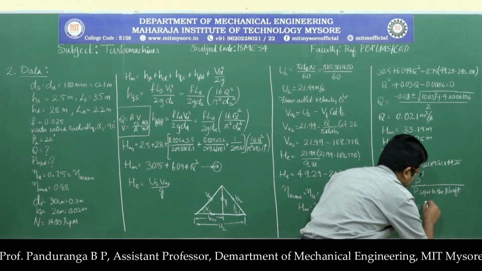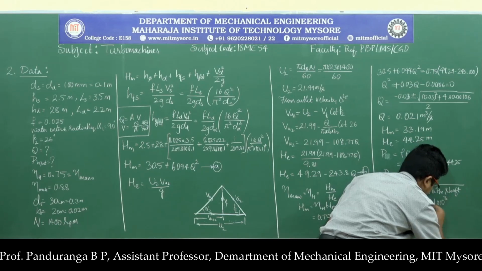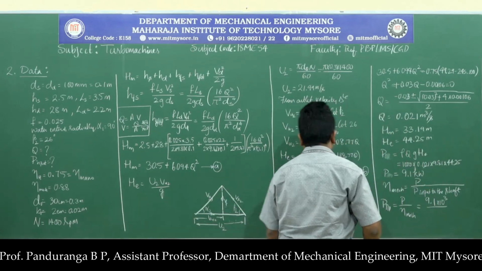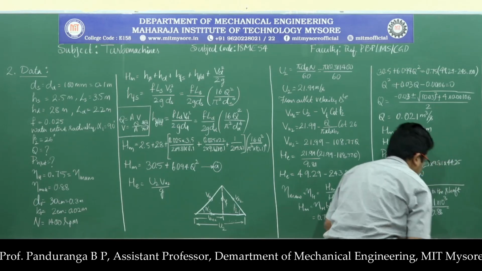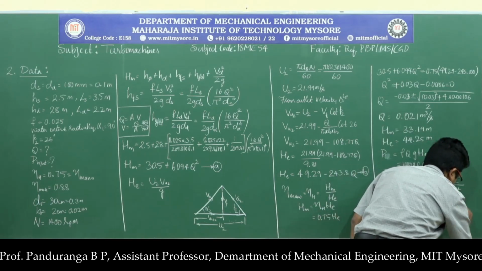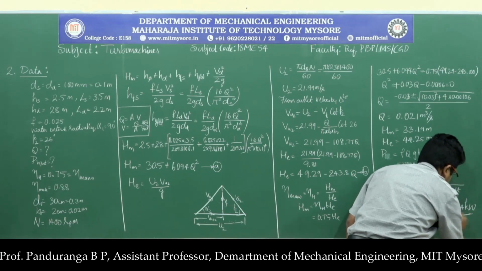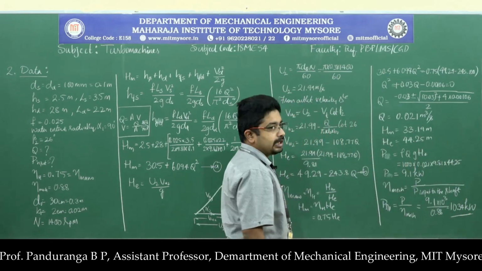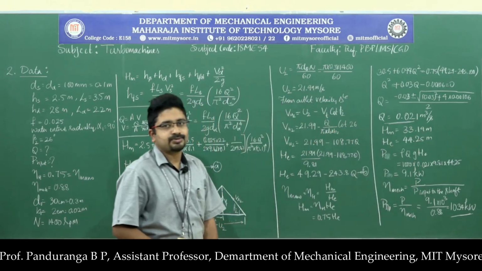So that will be equal to 9.1 into 10 to the power of 3 divided by mechanical efficiency 0.88. So we get the input power required as 10.34 kilowatts. So this is the power input required and this is the discharge developed in this